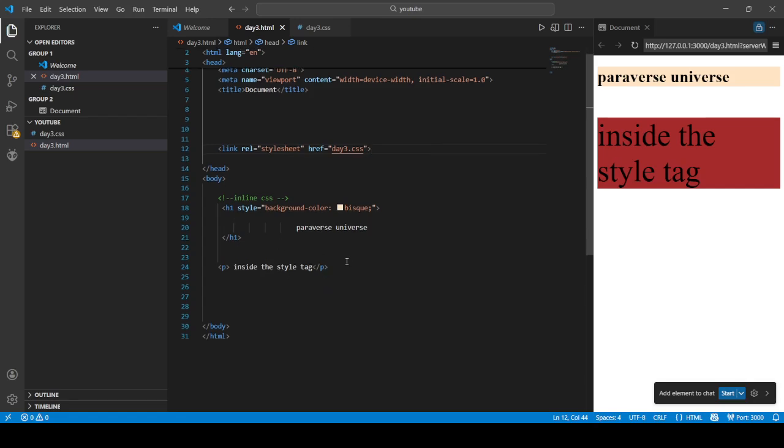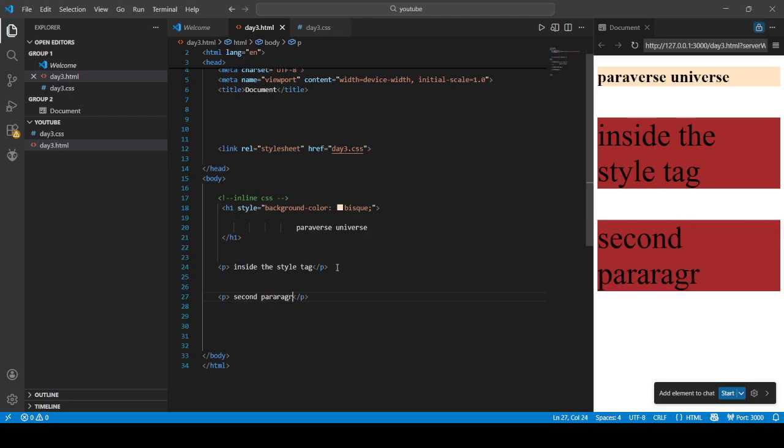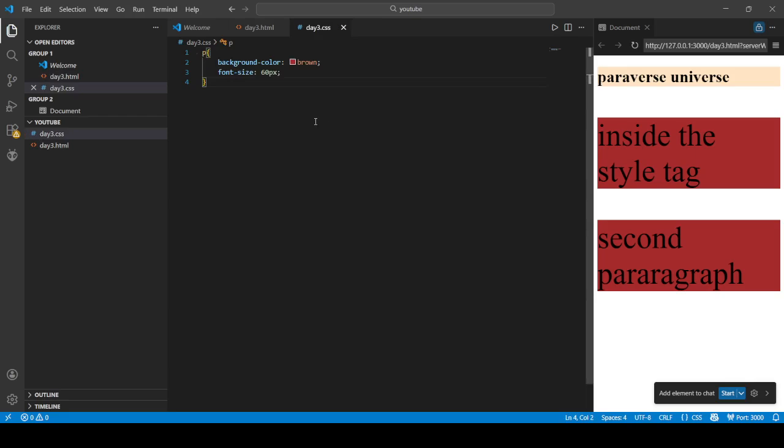for example, if I provide two paragraphs, this is our first paragraph, this is our second paragraph. Now add the second paragraph. Because I had provided all the properties to all the paragraphs that exist in my HTML file,